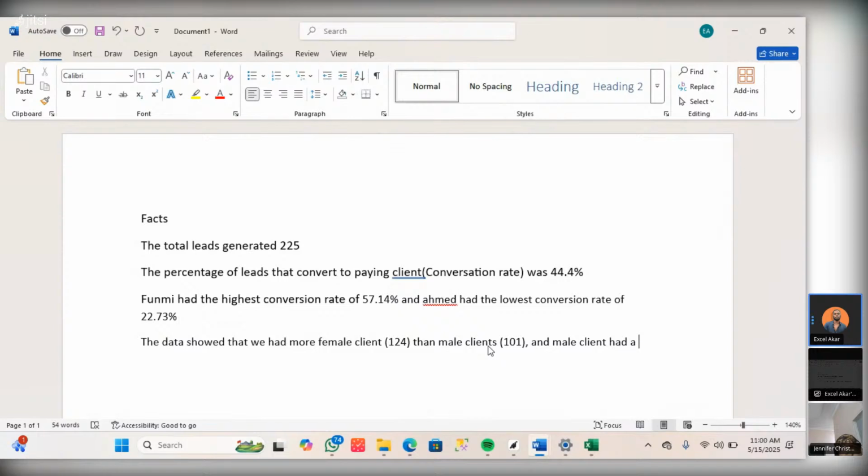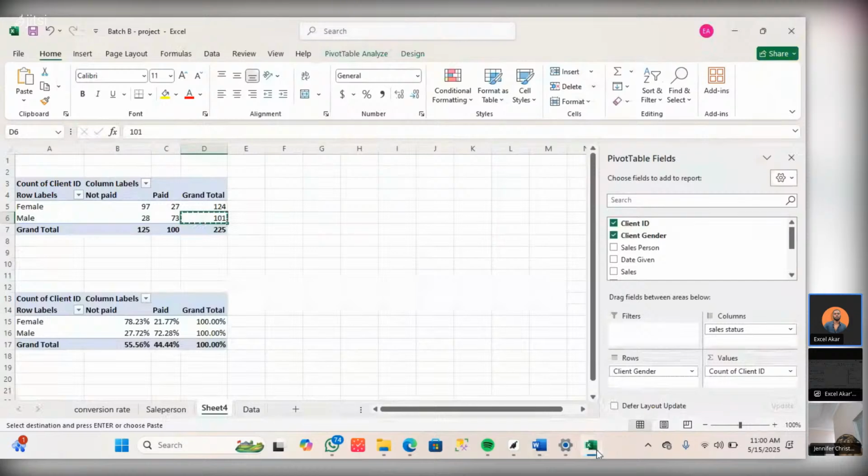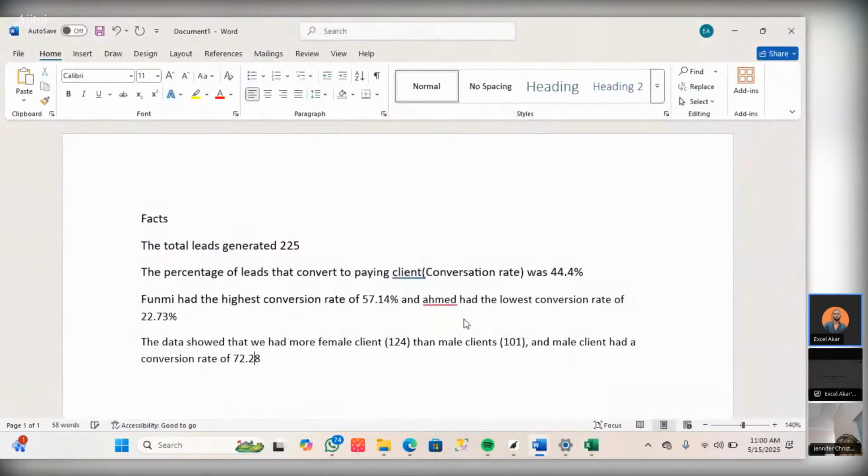From what we were able to see, male clients had a higher conversion rate. 72.28%, 21.77%. This would suggest that male